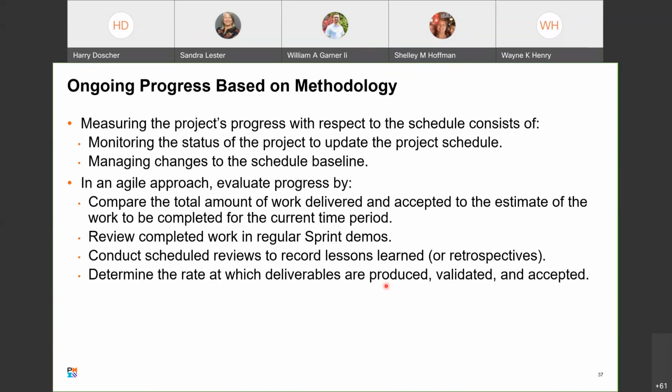Always go with the definitions. In an Agile approach, you evaluate progress by comparing the total amount of work delivered and accepted. And this is a key point here, accepting the work itself, to the estimated work to be completed for the current time period. You review the completed work in regular sprint demos. This is a key